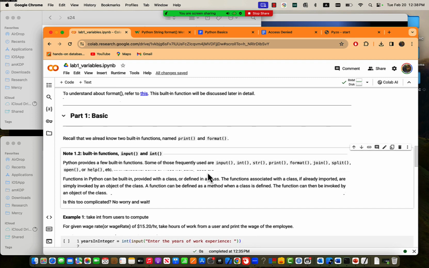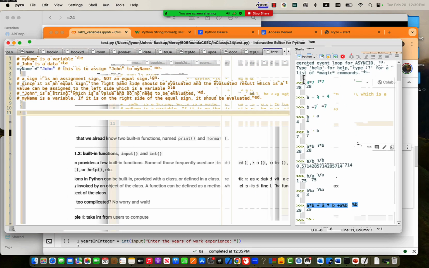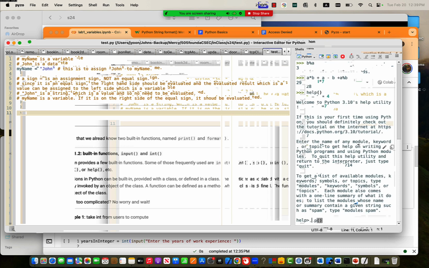So I said there are many of those built-in functions already given to you. So we don't need to implement them. We simply use them, right? How can you use them? If you want to use them, you need to look up the help. See here in Python, if you type help, then